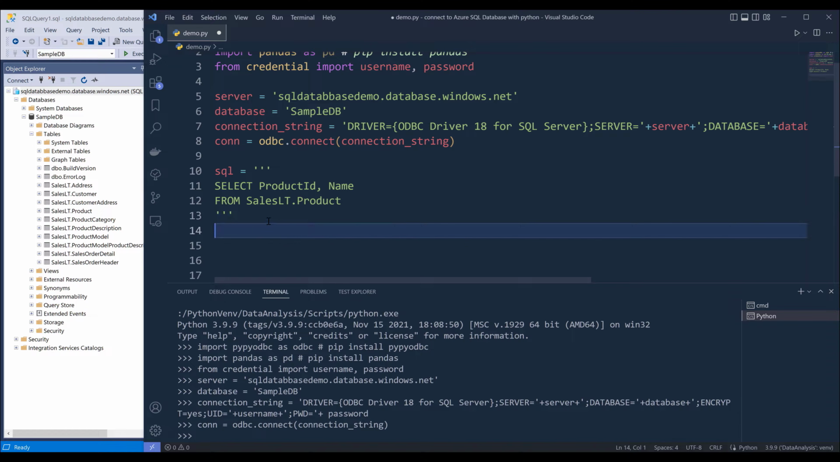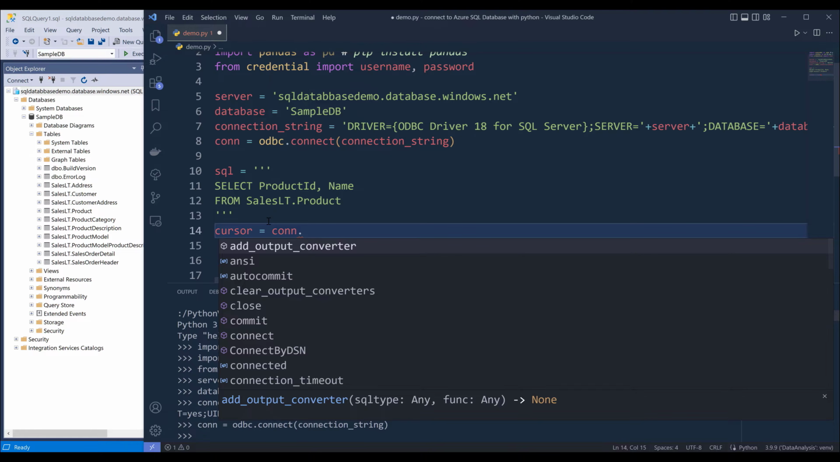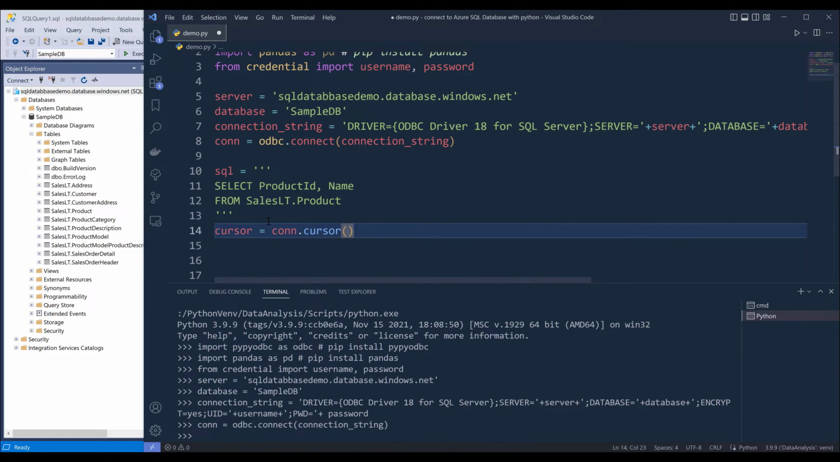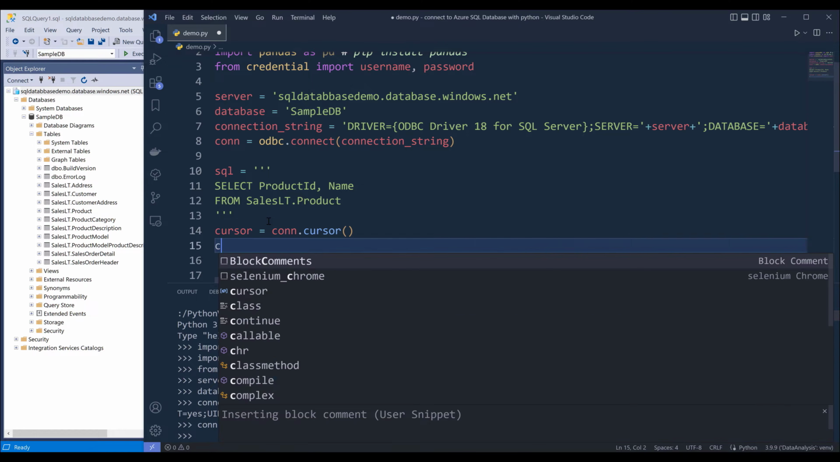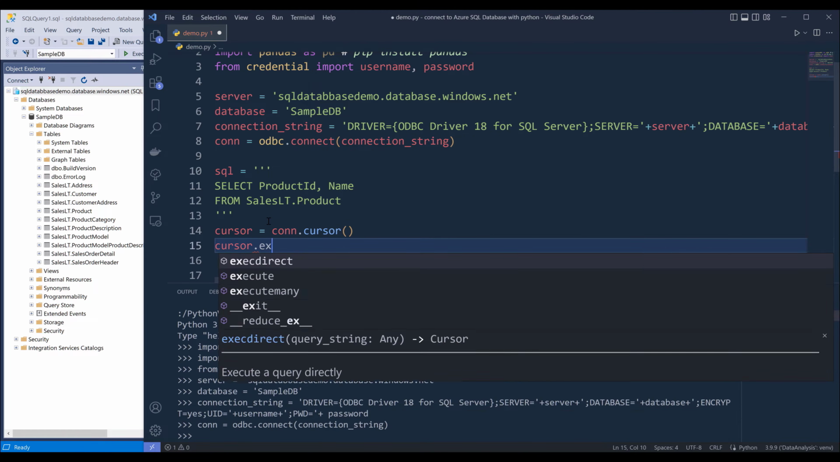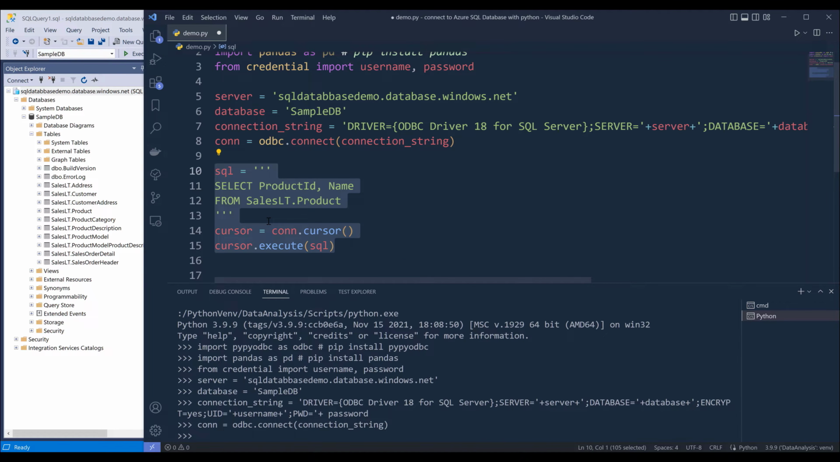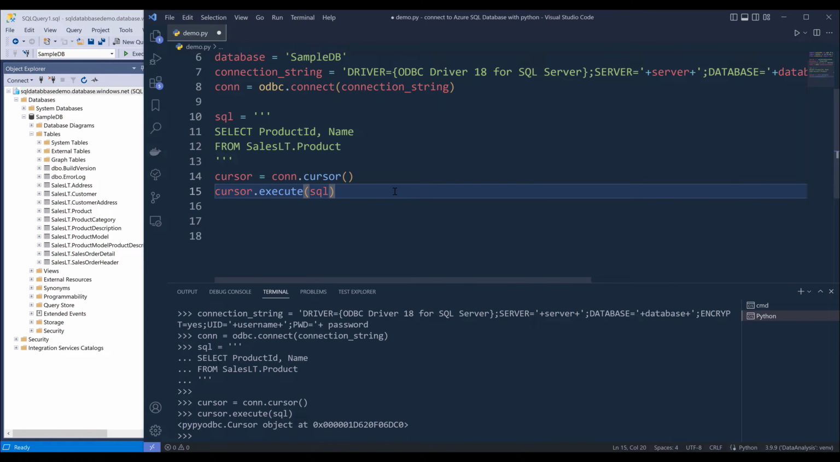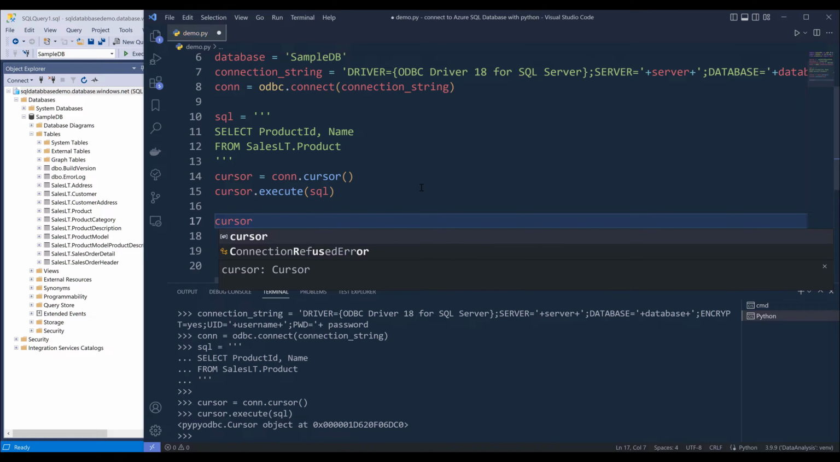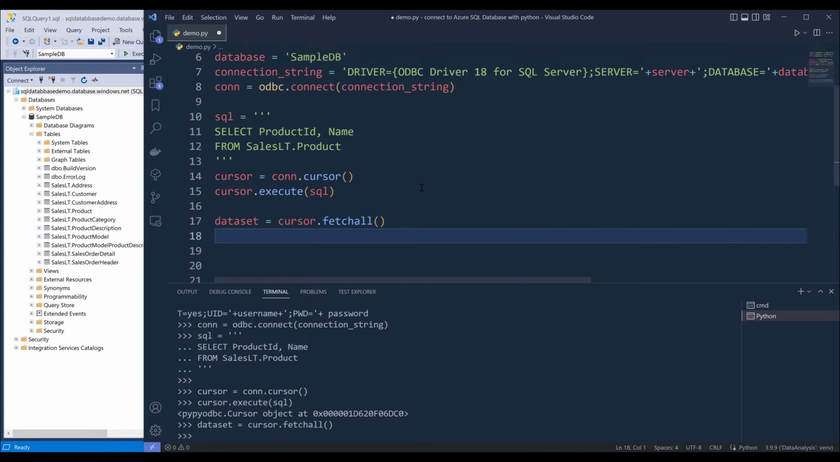Now to execute the query, we need to create a cursor object. From the connection object, we need to reference the cursor method to create the cursor object. Then we can execute the query using the execute method, and I'll pass the SQL statement. Right, so once I execute the SQL statement, I can retrieve the records using the cursor.fetchall method. And I'll name the output dataset. Now if I print the dataset object,